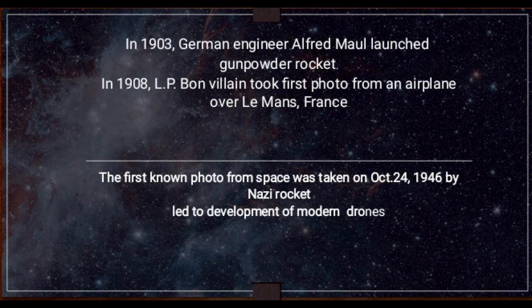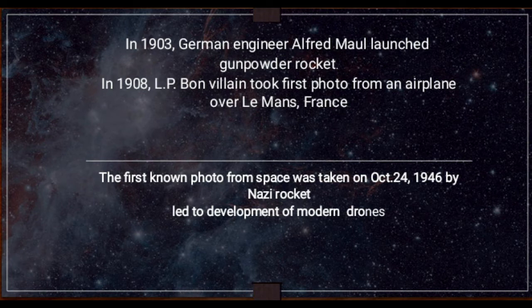In 1903, German engineer Alfred Moll demonstrated a gunpowder rocket that, after reaching 2,600 feet in just 8 seconds, deployed a parachute-equipped camera that made photos during its descent.